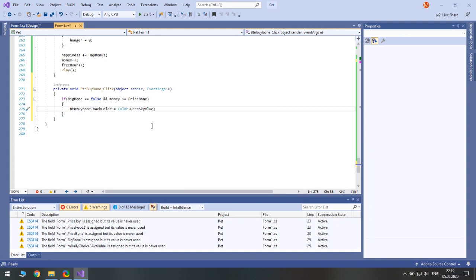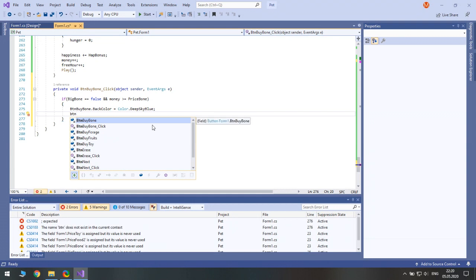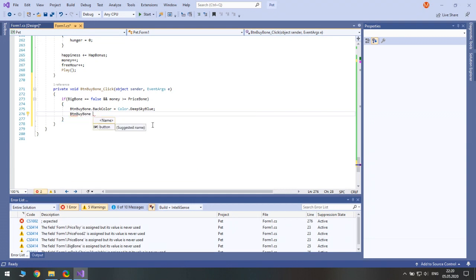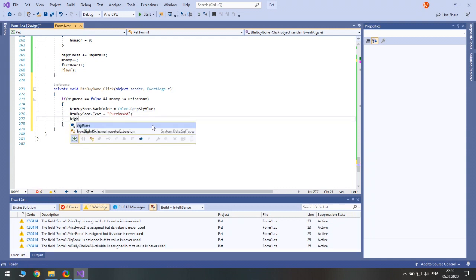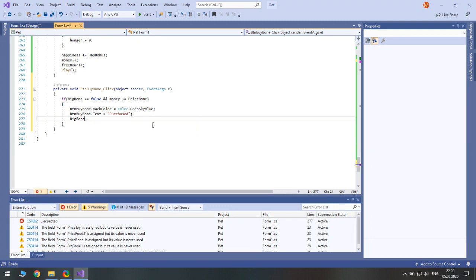So also we need to change the text of the button from buy to bought or purchased. So button bone text equals to purchased. Next, we say that we have bought the big bone.